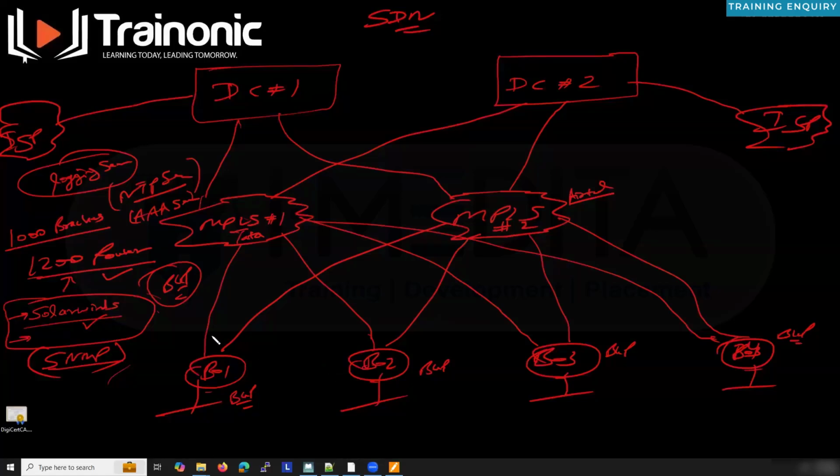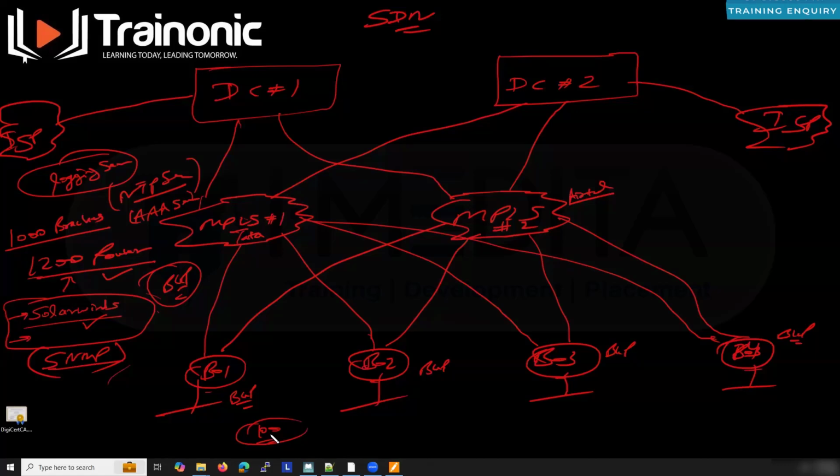Now, apart from that, let's say you're touching 100 devices in a day, and you had a change on 100 devices. In most organizations, I'm taking a generic example here, you would be required to take their config backup first. So across all 100 devices, first you need to take their config backup, and in fact there is a procedure, right, that you need to write the config first and then take the backup. And if you're doing that manually, just imagine how long your change window would be, maybe 12 hours, maybe more than that. And then how many people would be required? Let's say you have got a team of 20